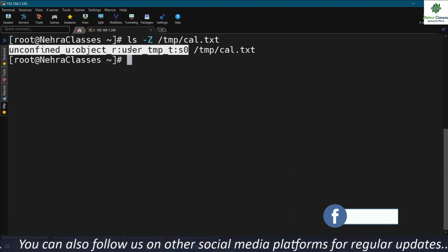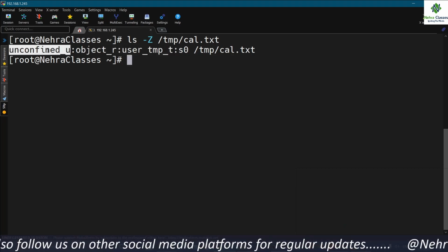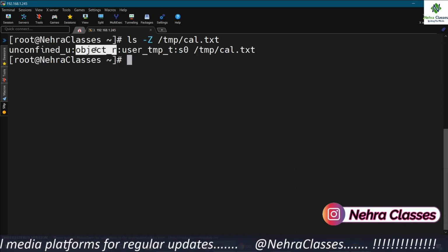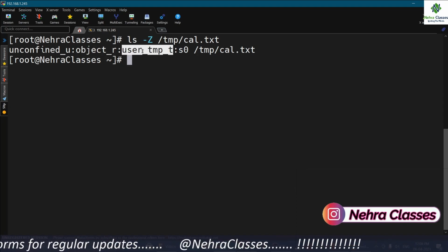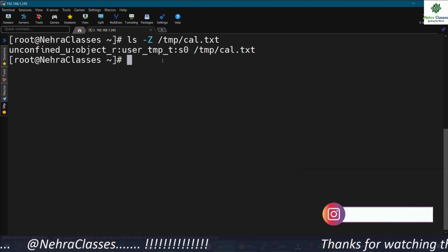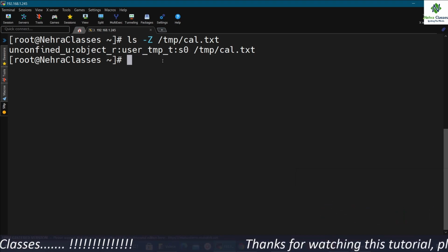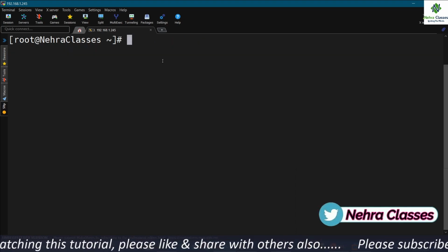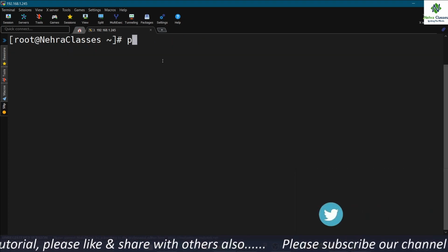This is called the SELinux context. It contains the information regarding the user, the role, the SELinux type or label, and the security level. Not only the files and directories have the SELinux context, but the users and the processes also.